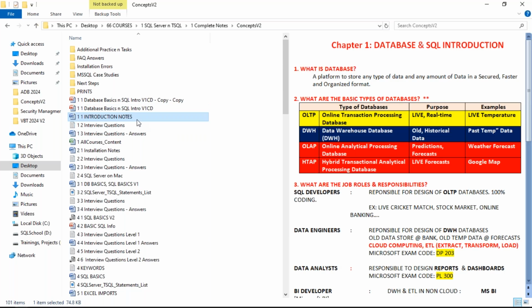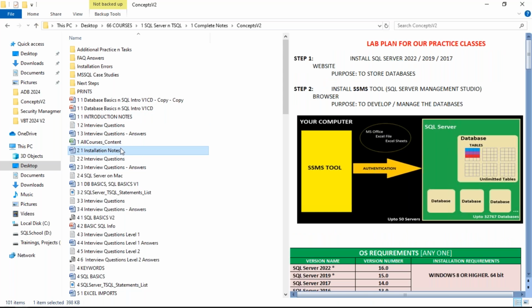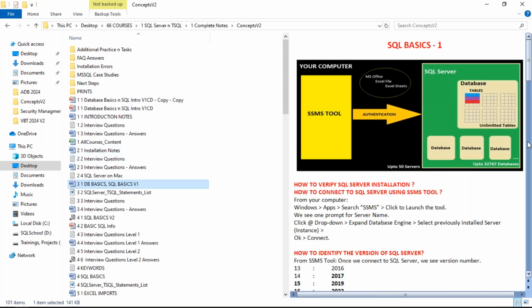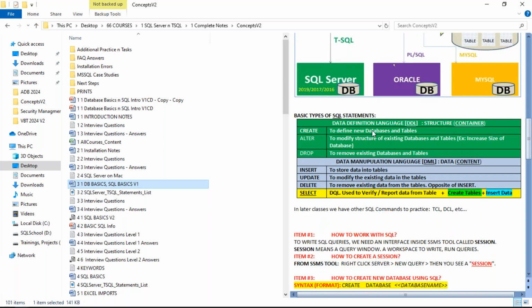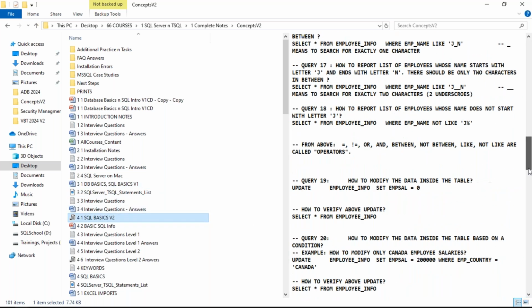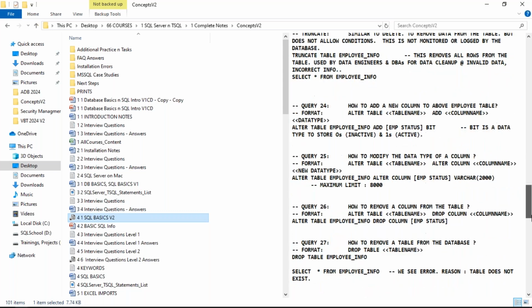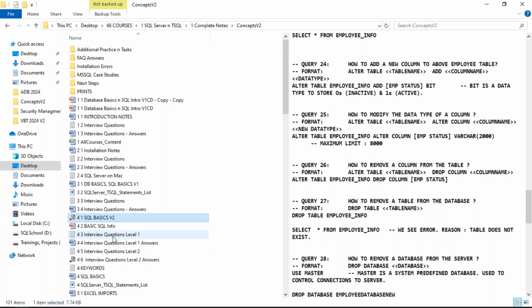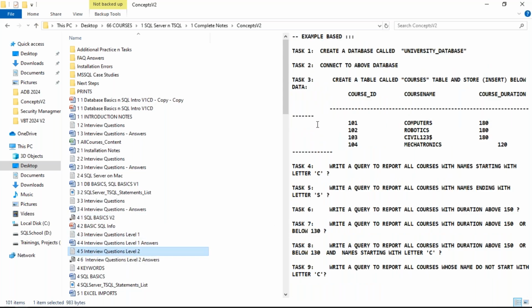Introduction today. We'll start with the introduction technically, step by step, today. Then next we are going to have installation. After installation, I said 50 examples on SQL basics across 2 chapters. We are going to learn the very basics of SQL called DDL, DML, etc. For about 50 examples, the queries would be looking like this. It's all about a number game. After we get into the queries, you'll be given some task items.